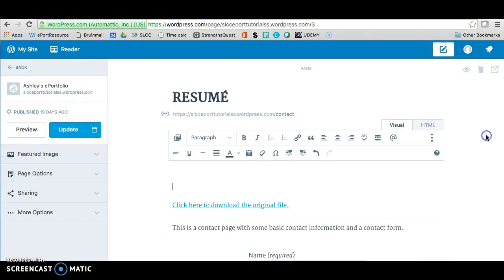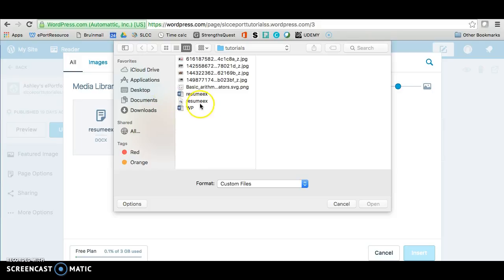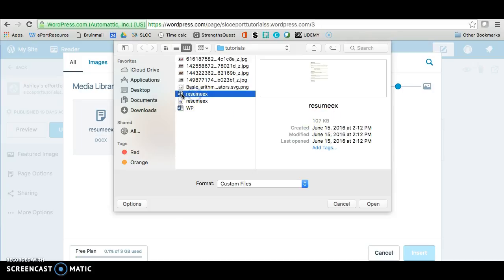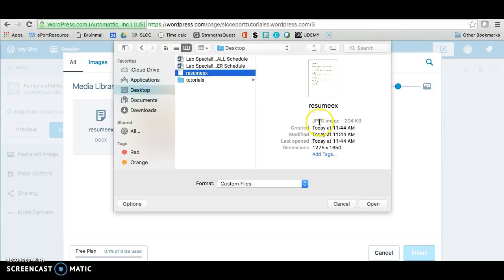So all you need to do is just go back to your resume page, click on Add Media, Add New, and we're just going to look for the original here. It might not be this one, but I'll check. Looks like this one is the PDF version, and you'll see that this is the Word doc version. And so I just need to look for that original one. Looks like it's right here. So it says JPEG right here. So click on Open